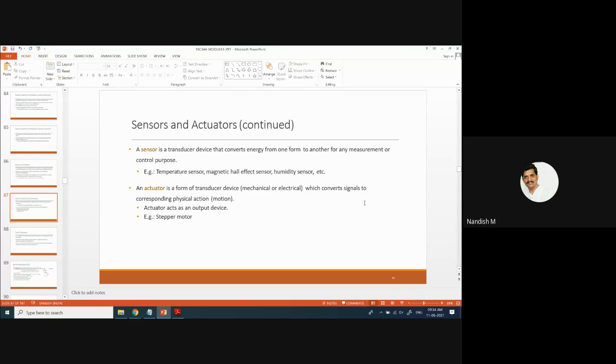But what is an actuator? It converts a signal into some motion. These actuators are connected and act as output devices. Example, see this stepper motor. When the stepper motor runs, it is going to rotate some other component. If any component is connected to this motor, that will also run. The actuator converts these signals into motion. Something is going to move.